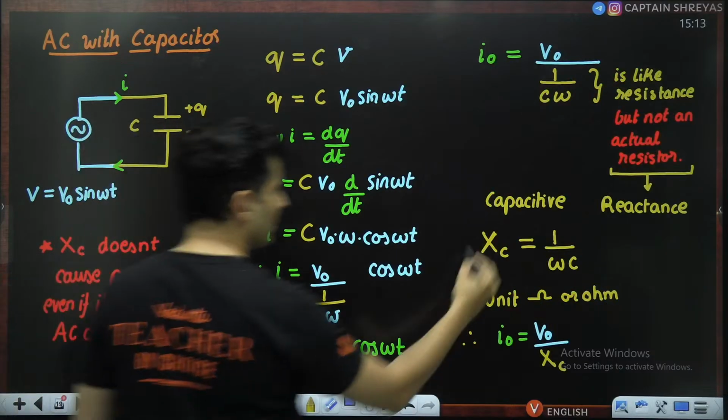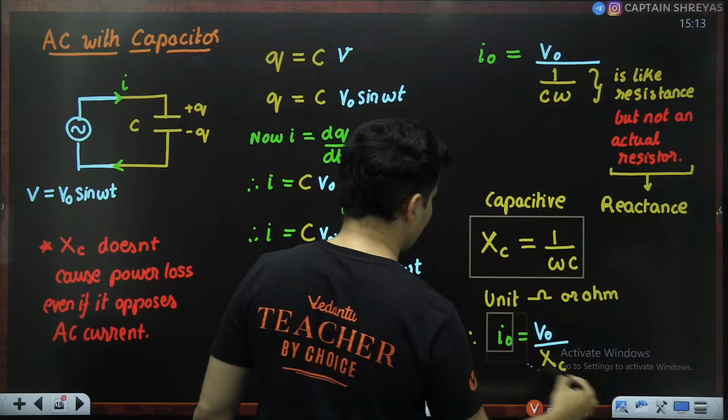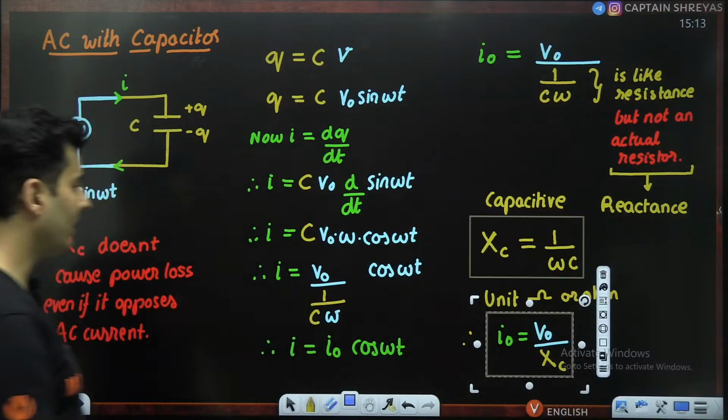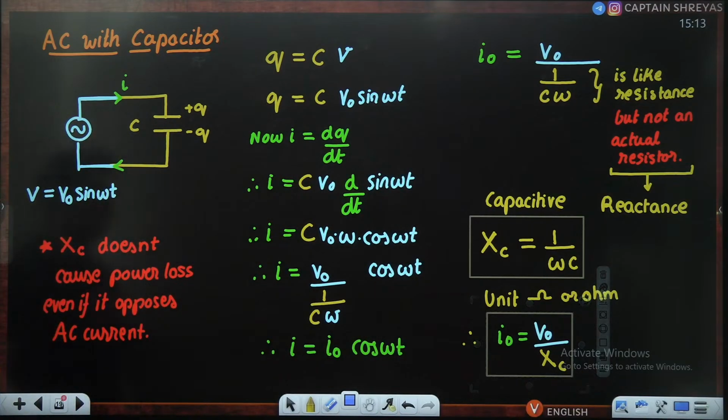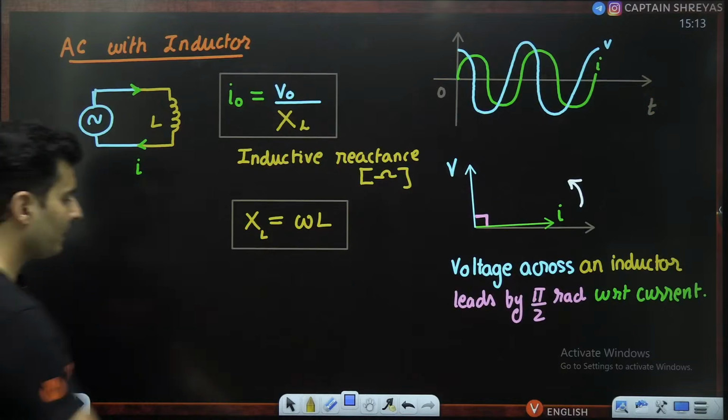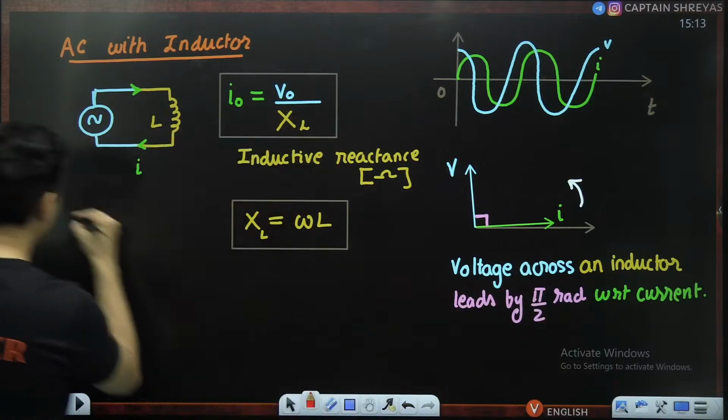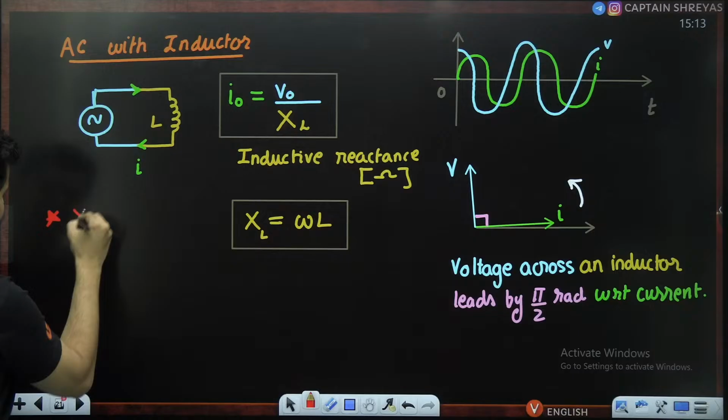All these things. What is capacitive reactance? How is current related to reactance? All these things. Is this absolutely clear? Again, just like before, you will see XL